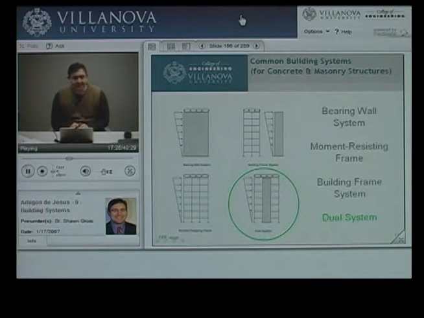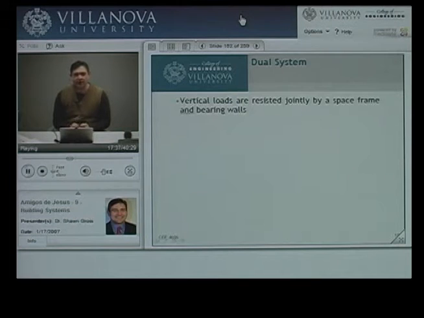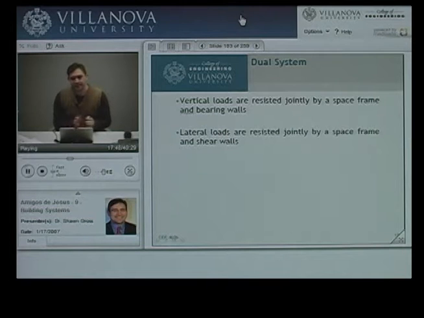The last system is very, very similar to the one I just mentioned. It's a dual system. The difference between a dual system and a building frame system is that the vertical loads are going to be resisted by both the space frame and the bearing walls, and the lateral loads are also going to be resisted by both. So rather than simply saying, as in the building frame system, that the frame is going to resist the gravity loads and the shear wall will resist the lateral loads,